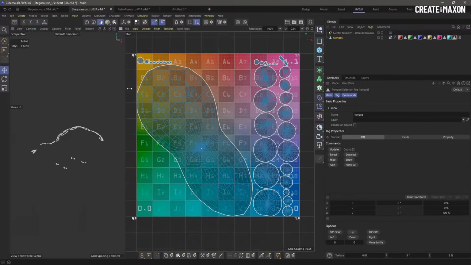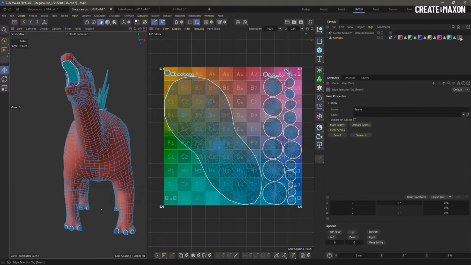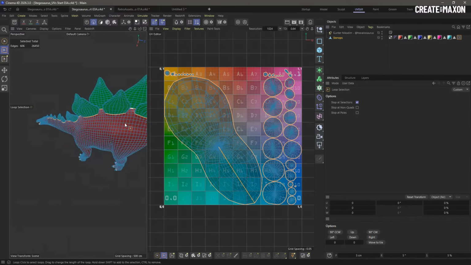I haven't done that. So I can go here, and if you want to make your seams into edge selections, you can go to the seam tag and you can select them all, or double click. The good thing with that is then you can use the loop selection, all sorts of stop at seams and so forth. So I'm going to cut this